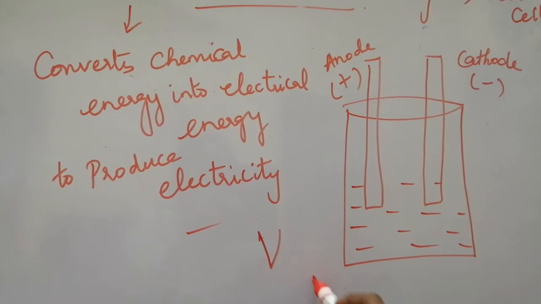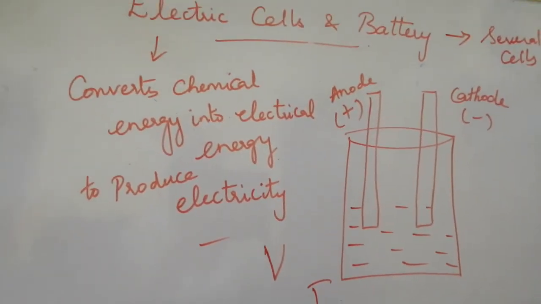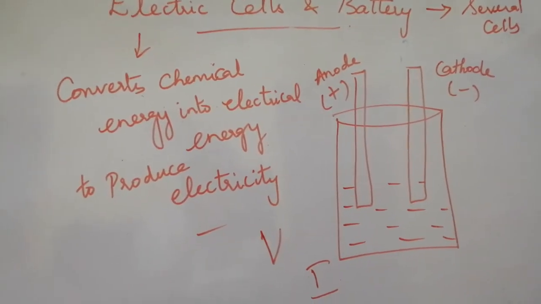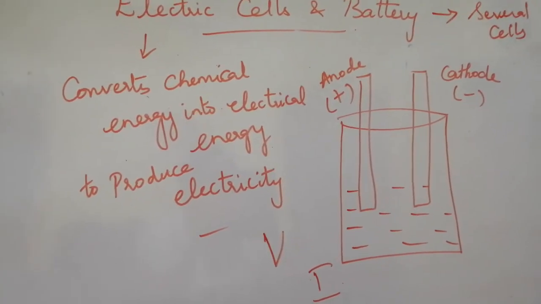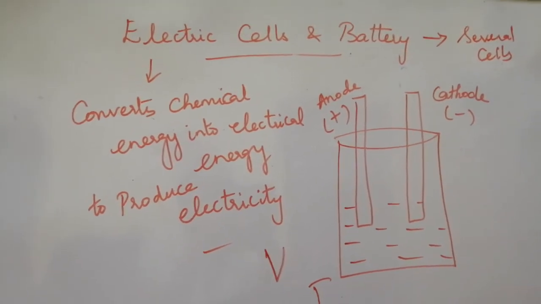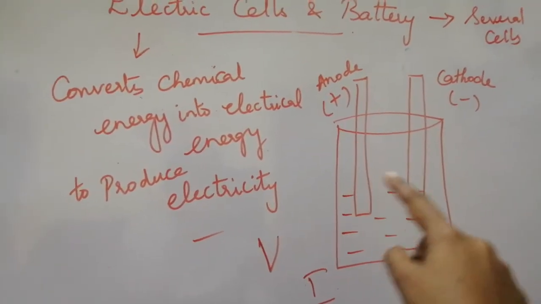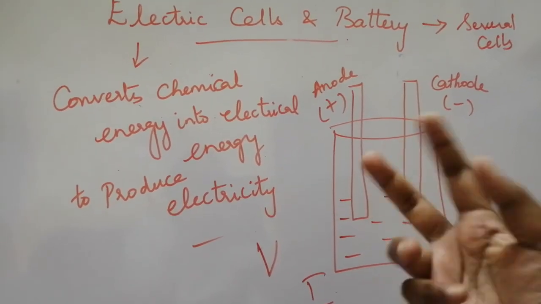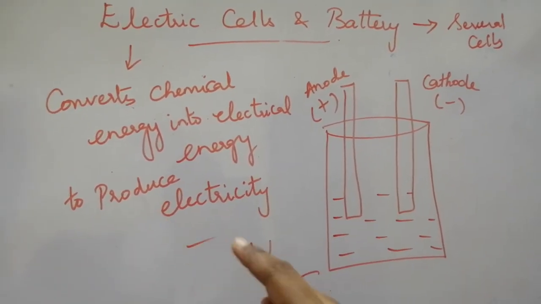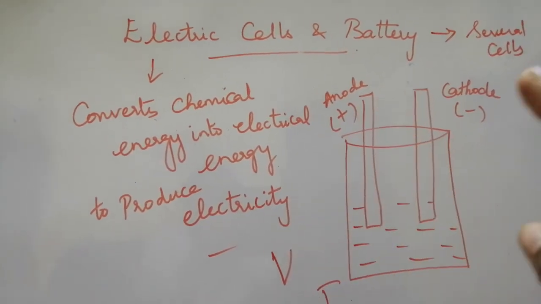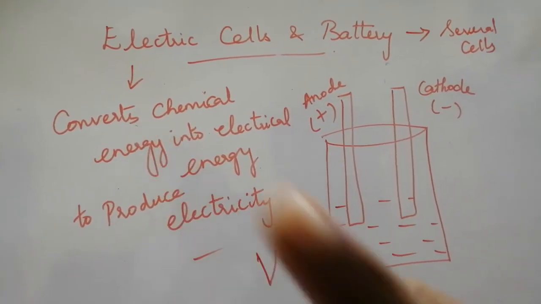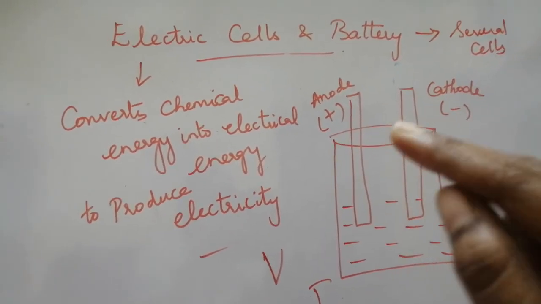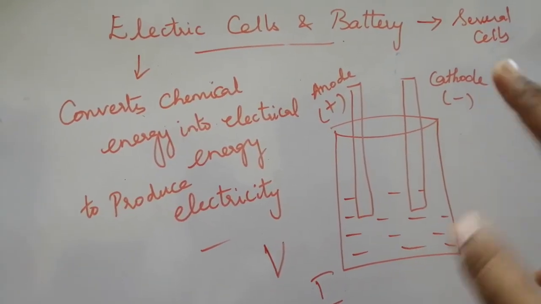Flow of electrons is called the current. This is how the current, that is the electricity, is produced in the circuit by the battery. So in an electric cell, a chemical reaction happens, which gets converted into a potential difference, by which it is converted into electrical energy and produces the electricity. And when you have only one electric cell, it is simply an electric cell, and if you have several electric cells connected with each other, it is called a battery.